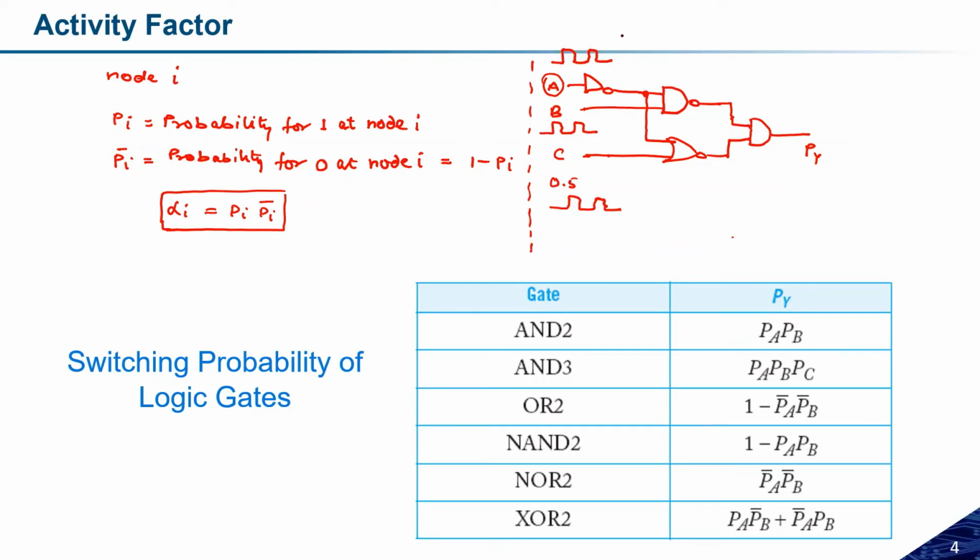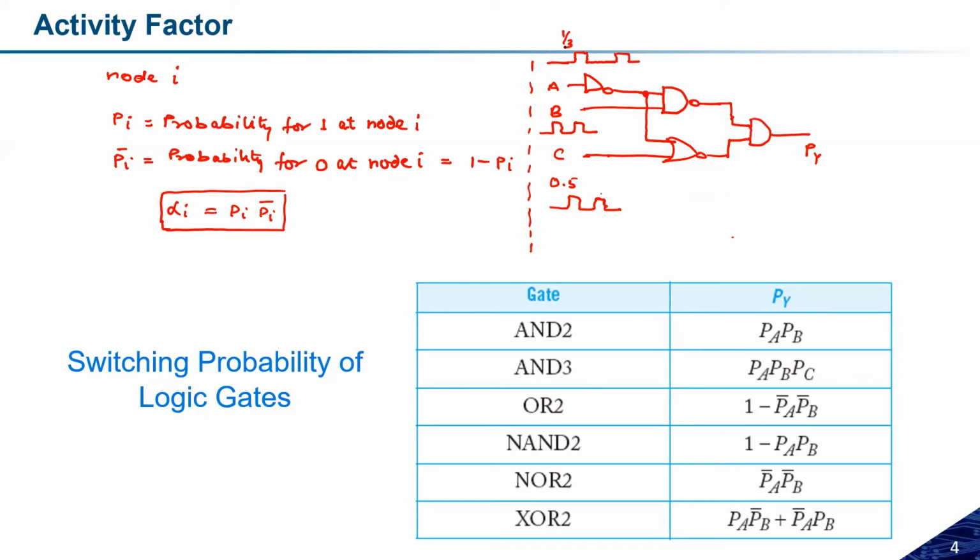It depends on what input pattern we have given. If I change the input pattern, let us assume B and C are something like this only, but A is like this. I'm assuming the time period is the same. So 2 times it is on, 2 times it is off, and 1 time period is on. So here now we can say the probability is 1/3. Yes, sir. Now the probability becomes 1/3.